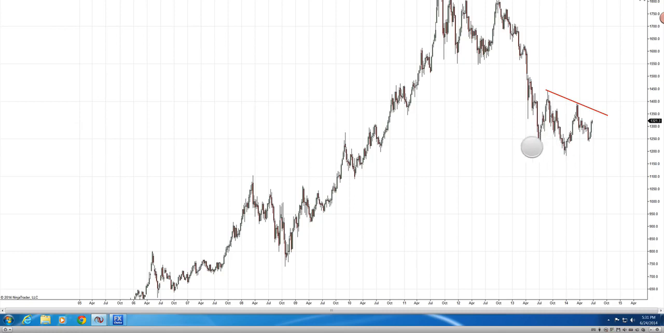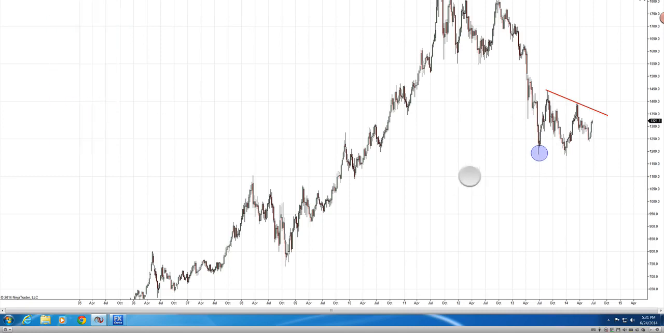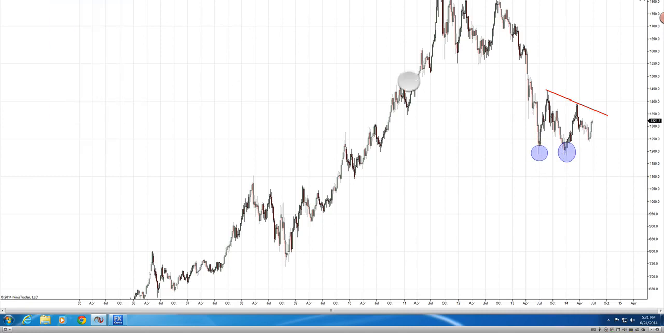You have the left shoulder here. You have the head right here. And you have the right shoulder right here. And this creates what we call an inverted head and shoulders pattern. So here's the head, here's the shoulders, and then you can see the neckline right here that I've drawn on the chart. And essentially, if we get a break above that neckline, then we could see some massive movement in